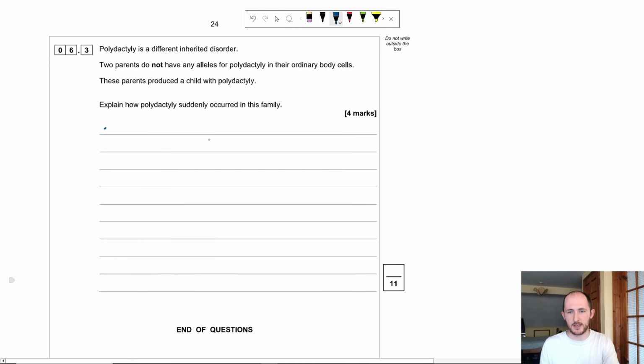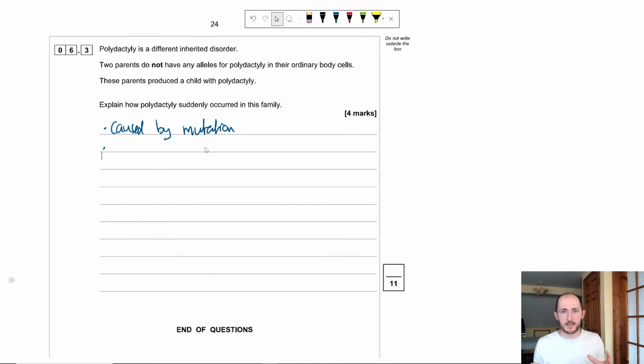So the first step is literally caused by mutation, which is how a lot of traits nowadays form. Different hair colours and different eye colours actually form from random genetic mutations. Since it's saying explain it, it's caused by mutation, but how does the mutation happen? It's caused during the process of meiosis, when the cells are splitting, and the wrong amino acid sequence is put in. The amino acids are put into a different sequence, which causes a different expression of the gene. So, caused by mutation, during meiosis,